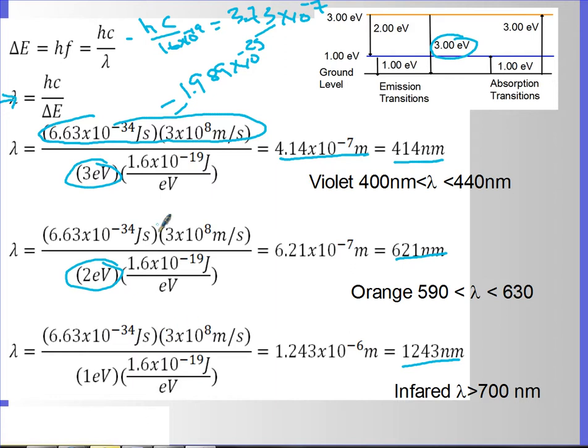That can't be correct, can it? 6.63 times 10 to the negative 34 times 3 times 10 to the 8th divided by 1.6 times 10 to the negative 19 has got to be, teachers make mistakes all the time. And apparently I can't stick numbers in a calculator. All right. It's 1.24 times 10 to the negative 6. Had to be that number right there, didn't it?